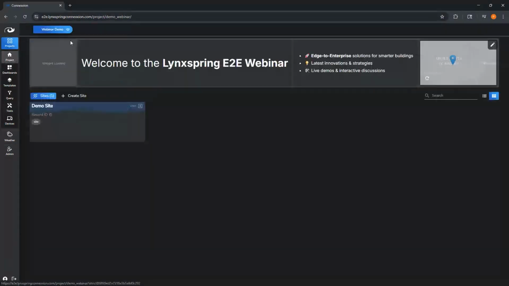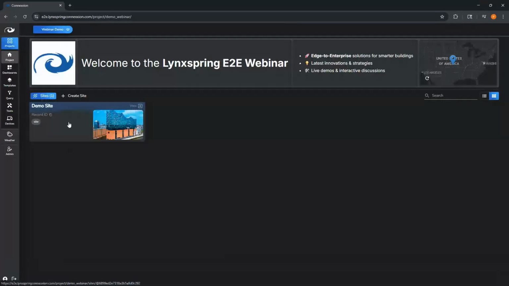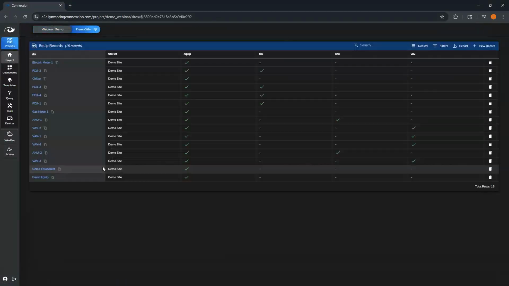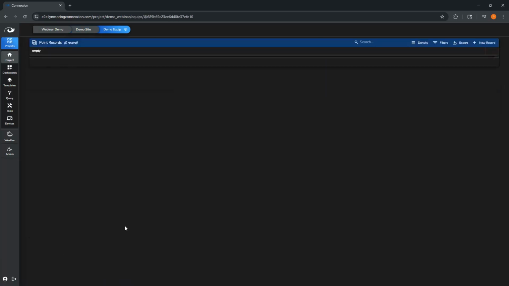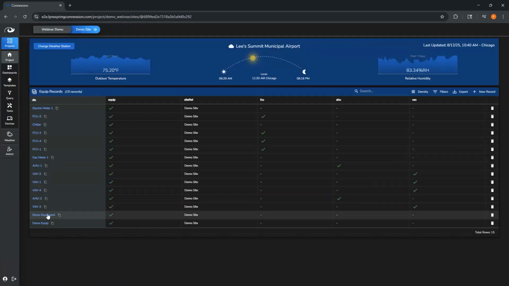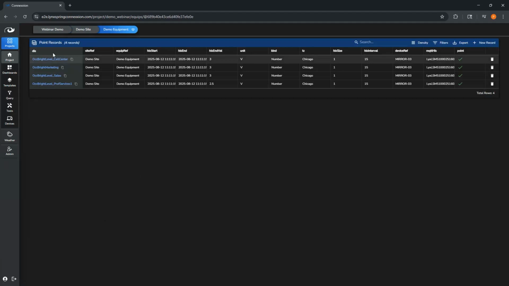So back on the project screen here, when you're at the site, if you were to dive through this, just to show you that this worked. And here we have some NOAA data. We'll go over that. We'll find that demo equipment that I just made. There we go. So that's how quickly you were able to take, through the application's user interface, and map this data to the navigation.